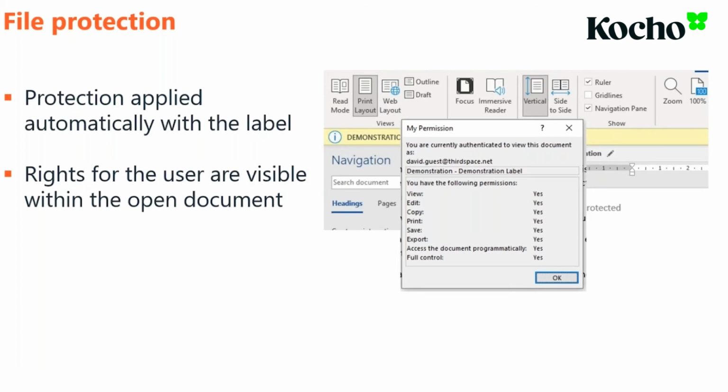But I can set this up explicitly for a distribution group or an email address so that that email address can view the document and print it, but can't edit. I could then send a document off to a printers in order for them to print 5,000 copies. They wouldn't be able to edit it, they wouldn't be able to change things, but they will be able to